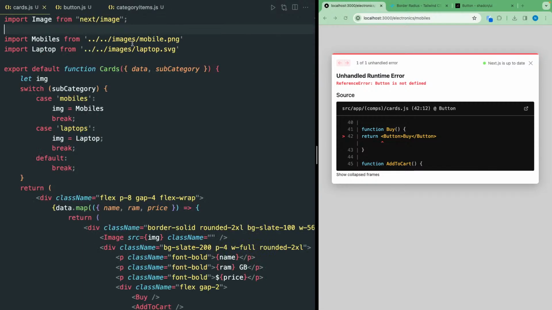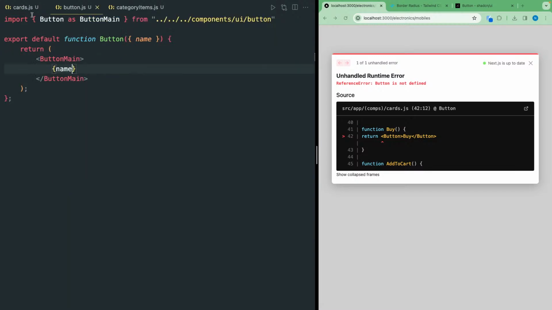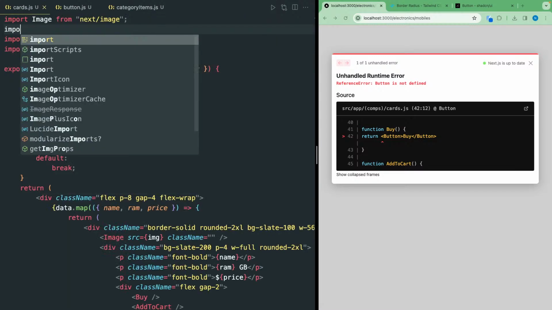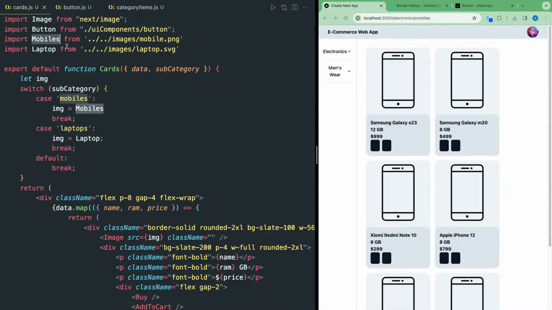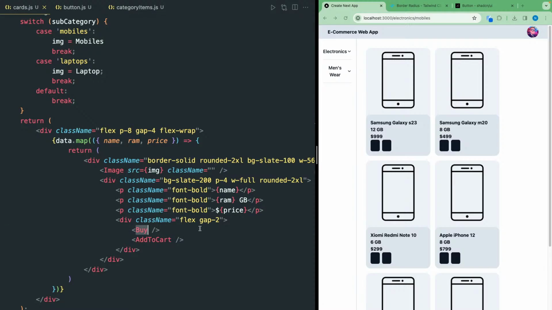And inside cards I can import, first I need to export. Okay, I have exported the button, import button from UI components, button,